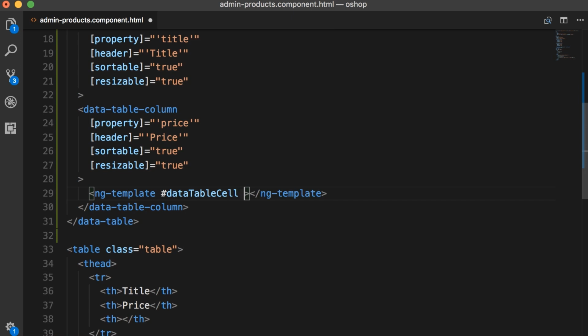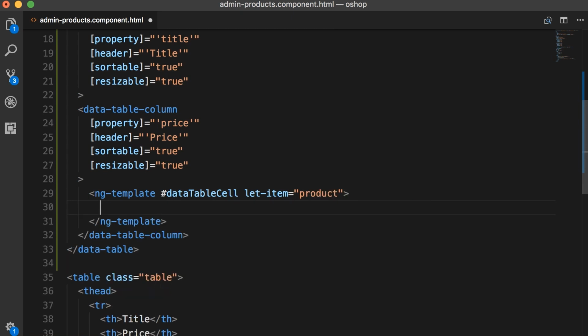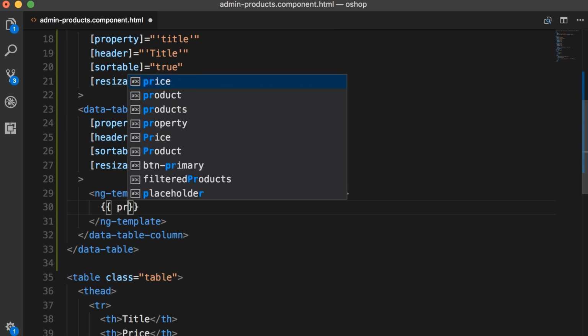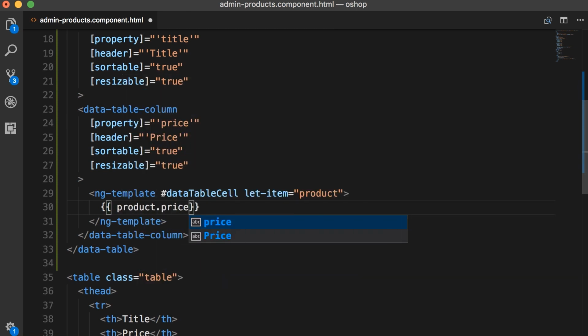Now, here we use an attribute called let-item. And with this, we can get a reference to the current row or the current product. So we can store that reference in a variable like product, and then we can reference that in our template. So here I want to use interpolation to render product.price, apply the currency pipe with two arguments, USD and true